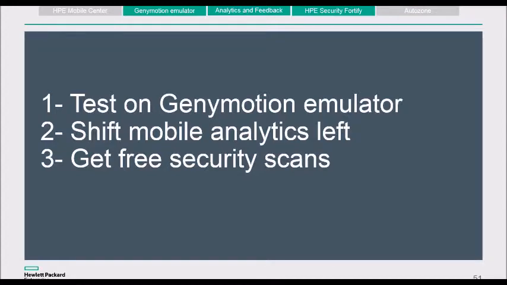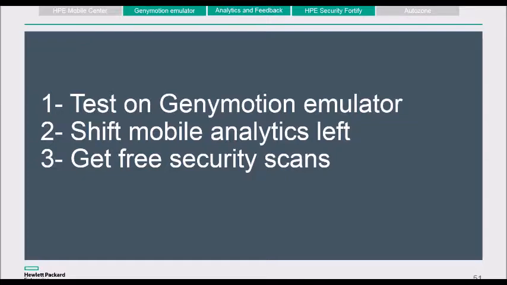And actually, the three things that we've shared today: Mobile Center expands to testing on the Genymotion emulator, and now you can get one free license from Genymotion.